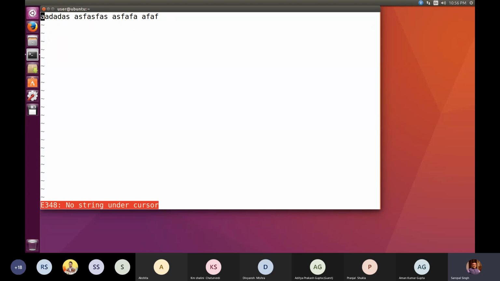If I type dd, sorry, dd is a command because I was in escape mode. The impact of dd is that it deletes the current line, so the line is deleted. But anyway, I'll press u, which is undo, so that effect is undone. So you have seen that after typing, when I pressed escape, I moved from typing mode to escape mode.